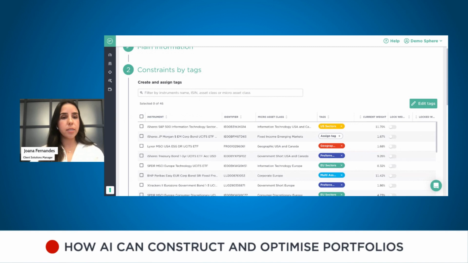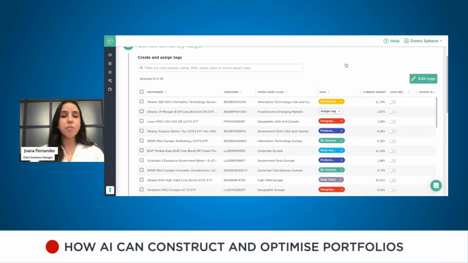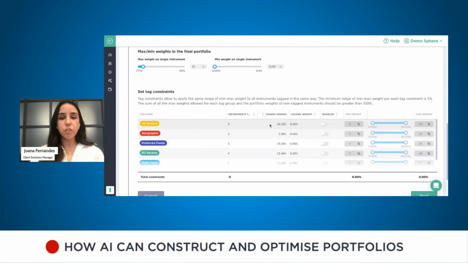Second step, constraints by tags. At this step, we start customizing our optimization, meaning that if we have specific preferences on single instruments, we can express them at this stage. For example, lock weights, which can be locked at different levels, not just the current weight, but they can be customized. Or in case I have specific groups of instruments to which I have previously assigned tags, I can set allocation thresholds. So for example, I'm not going to activate them all. I could, but just to keep it brief,